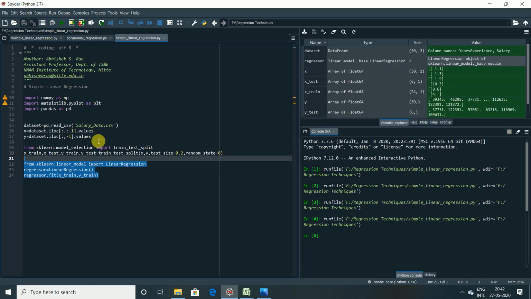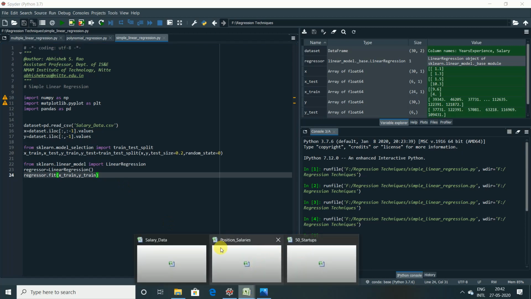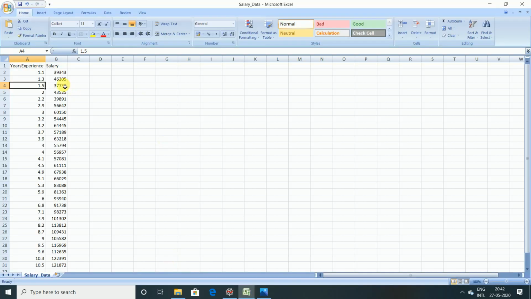So how do we predict? There should be a method to predict new observations, and the name of the method is simply predict. So what do we do now? Let us see the data here. We are going to predict the salary based on the years of experience. This is the test data set and this is the dependent variable.